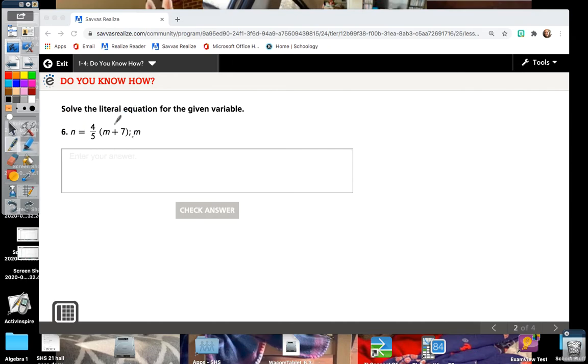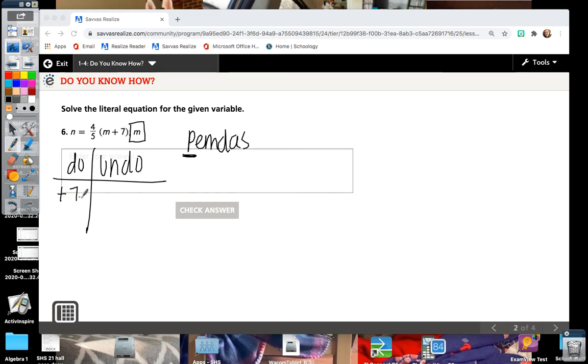For this one, we have our equation. We want to solve for m. So if we do our do-undo table, what's happening with m first? What's closest to it? We have a 4 over 5 and we have a plus 7. When in doubt, look at PEMDAS, your order of operations, and do parentheses first. So in our parentheses, we have a plus 7, and then it gets multiplied by 4